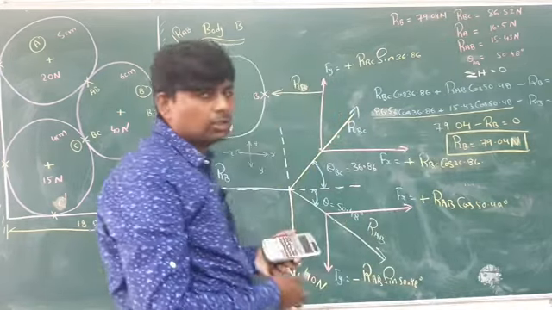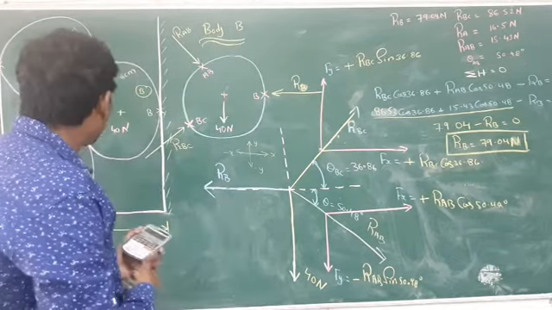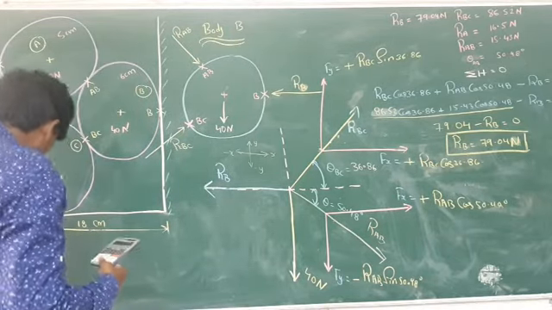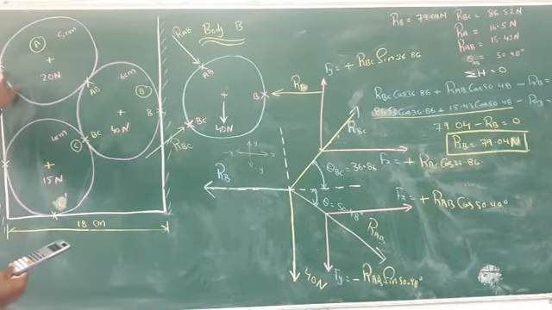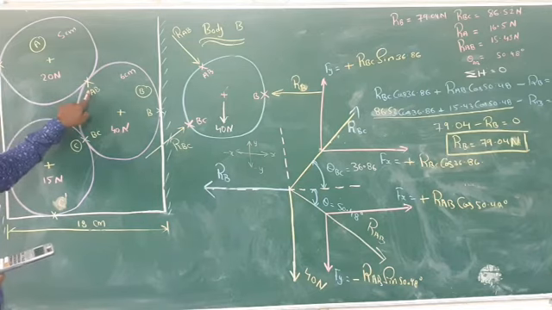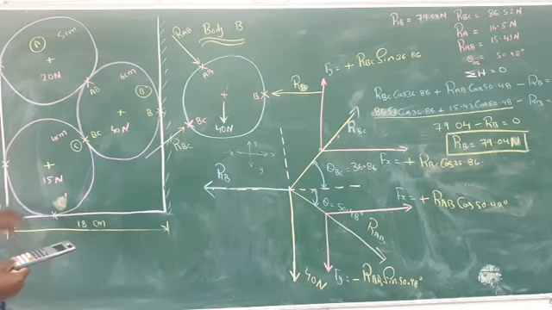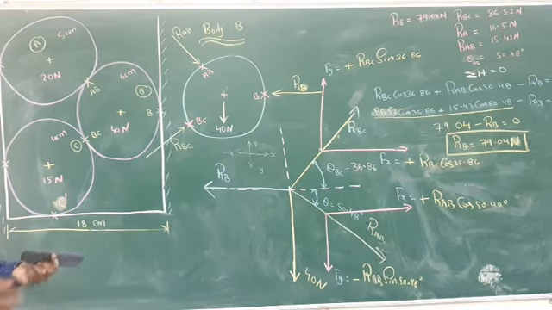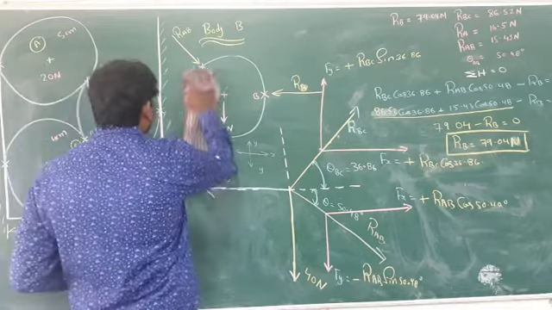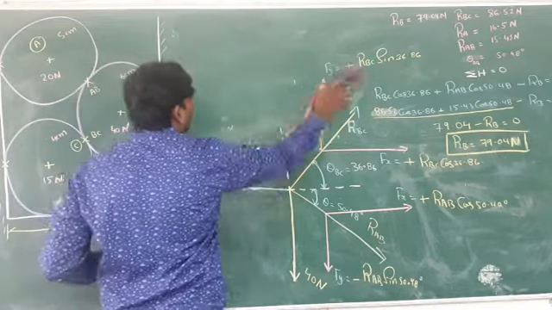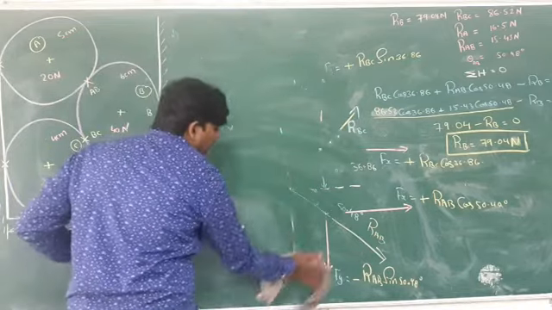As you can see in the diagram, here you got the values of RA, RAB, RB, and RBC. Next you have to try to solve this one. Now you have to resolve the body C. Which body do you have to resolve? The body C. For resolving body C, you have to erase this one. Now you are resolving the body C.